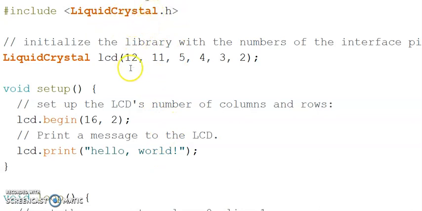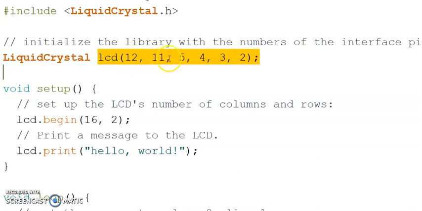Now initialize the LiquidCrystal LCD, that is LCD. So LiquidCrystal is nothing but the name of the library. As discussed in the servo motor also, to access that you need to first of all write it over here. Then LCD, here LCD is nothing but a variable which is declared using the constructor,